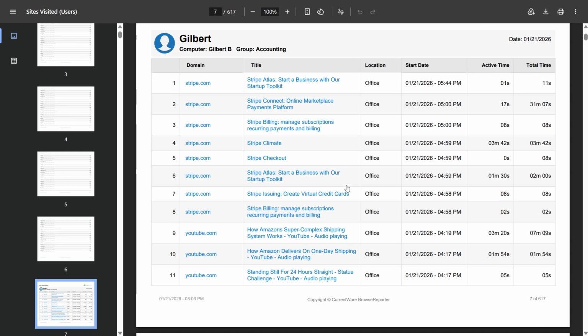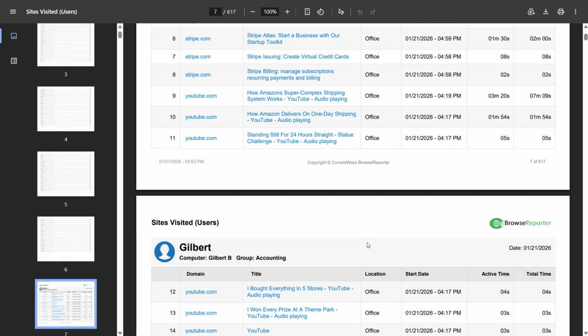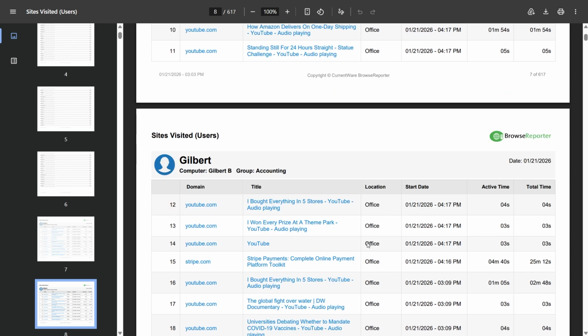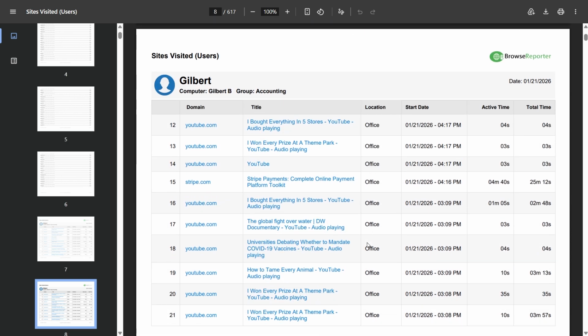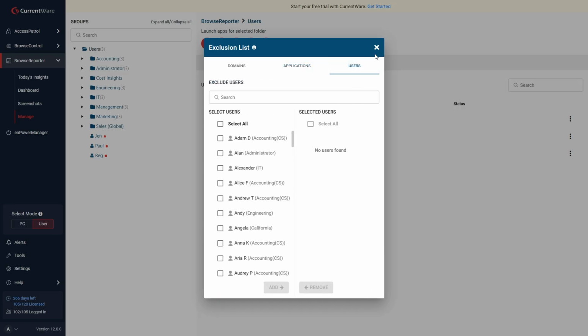If you find that your user activity reports and dashboards contain data that is not relevant to you, you can remove specific URLs or applications from them using the Exclusion List feature. The Exclusion List is a global setting that will affect the reports and dashboards for all groups. If you still want your monitored devices to track excluded data, be certain to check Upload Excluded URLs from clients in the URLs exclusion list, and Upload Excluded Applications from client in the Applications exclusion list. Otherwise, this data will not be captured.